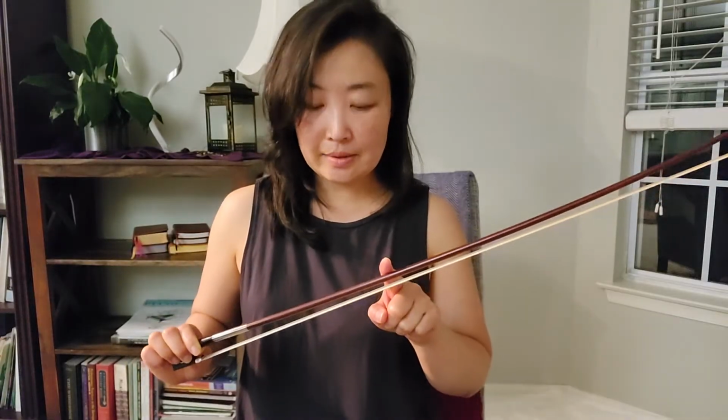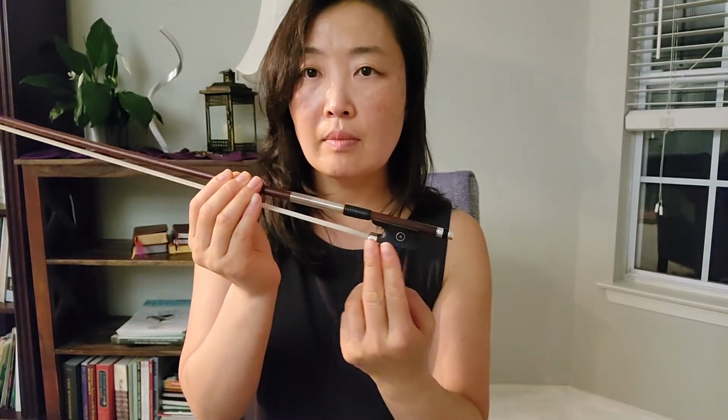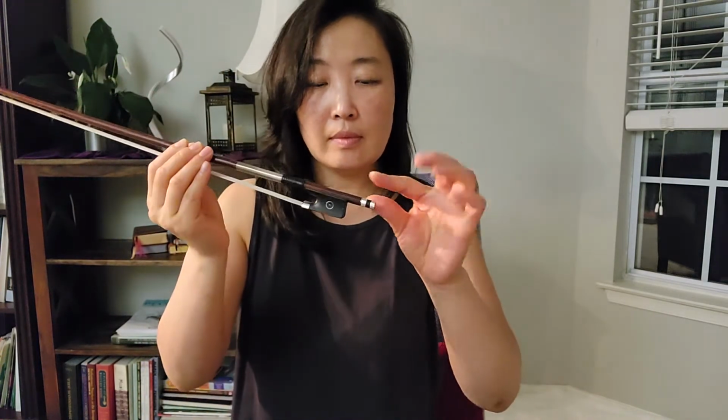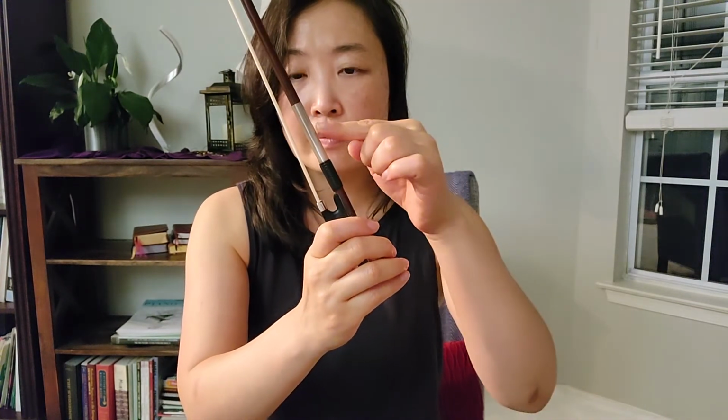Okay, this time we're going to take the bow. Right, so what is this part here? This long wooden area. Stick. Horsehair. Okay. This entire area here. Frog. The circular part. Frog's eye. This piece here. We twist it, right? Screw, grip, winding,